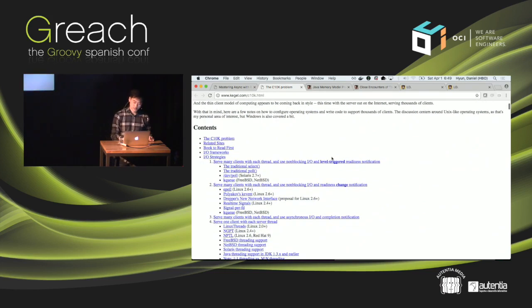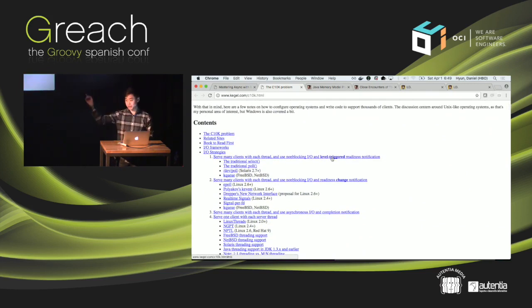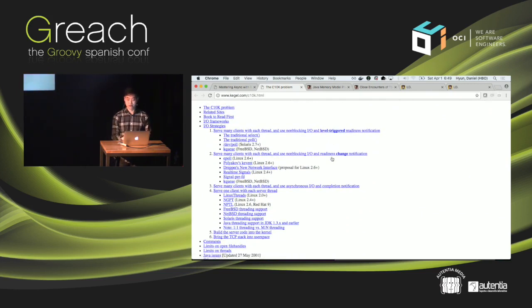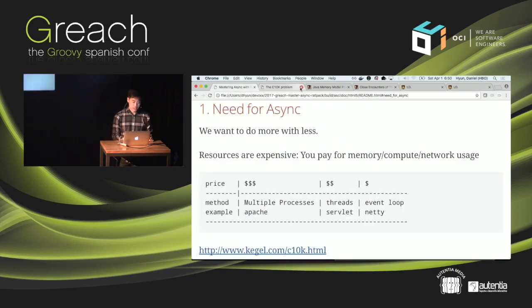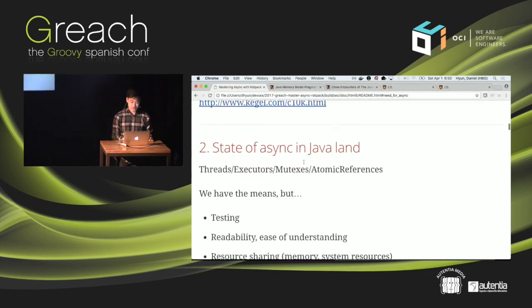And so if you have time, go through this resource. It's a very good resource. It talks about all the different types of approaches to handling web requests and how I/O works and all the different mechanisms and all the different operating systems. It's a very, very good resource. And if you're a newbie to network programming like I was a couple of years back, this is a really good resource to figuring out where we've been, where we were, and where we're going. So that's a really nice resource there.